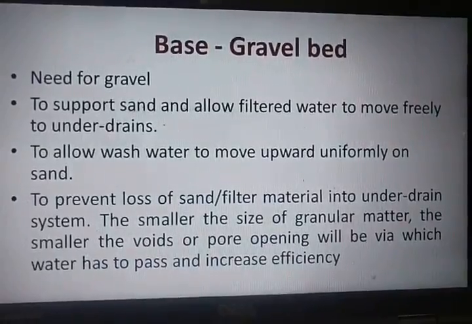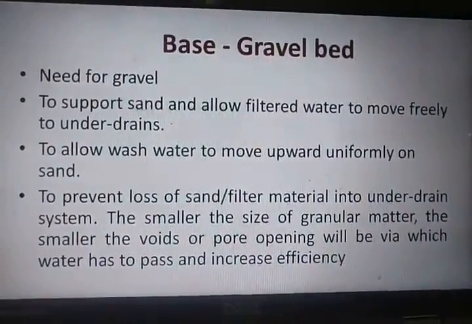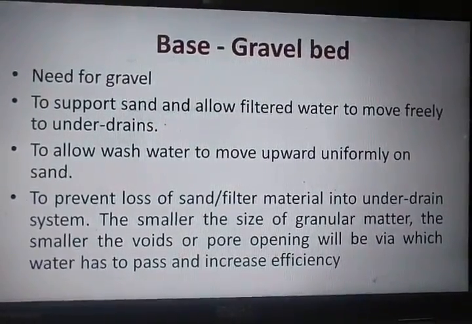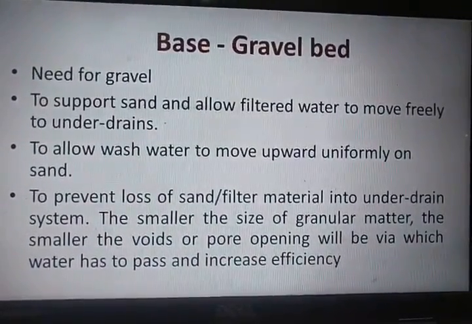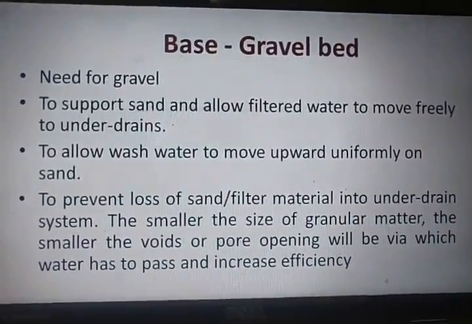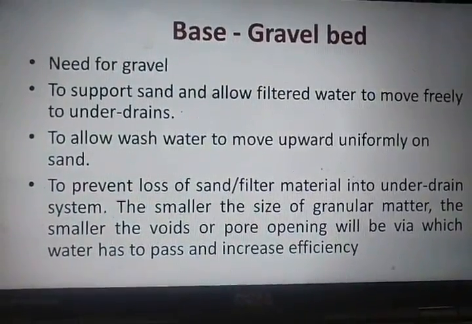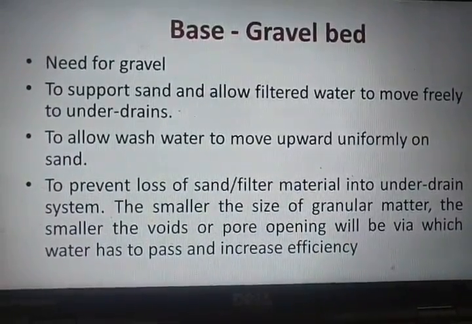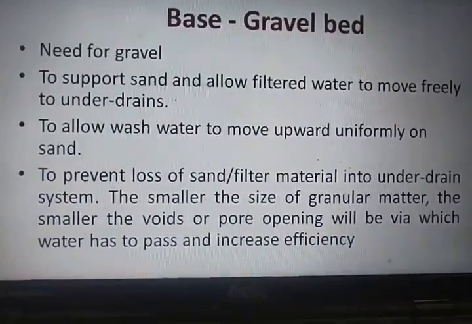The under drainage system is nothing but the drainage system provided at the bottom of the filter, after the water passes through the layer of sand and gravel material. This under drainage system will collect the filtered water and direct it to the next subsequent treatment unit. That system we call the under drainage system. It consists of voids or small openings, or small diameter pipes, through which the filtered water is taken out.